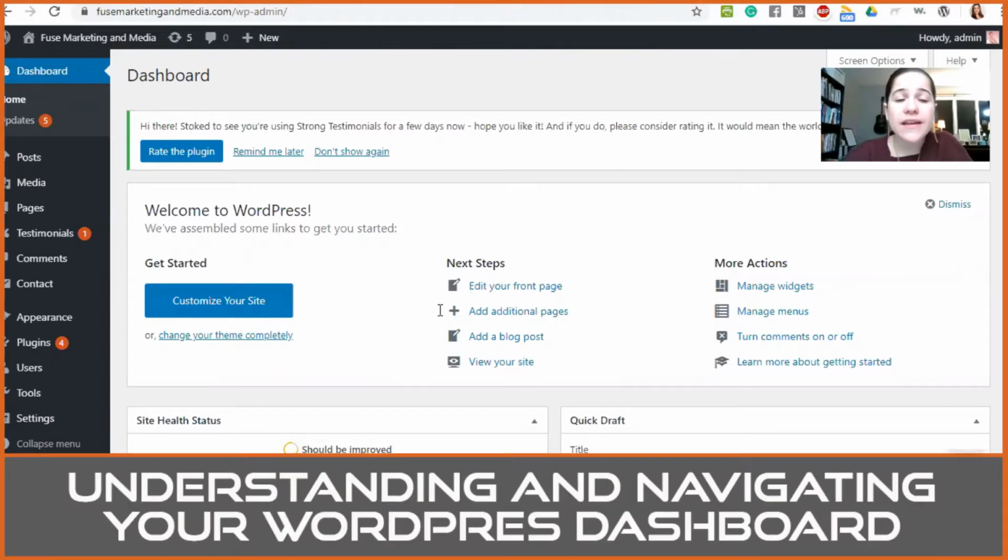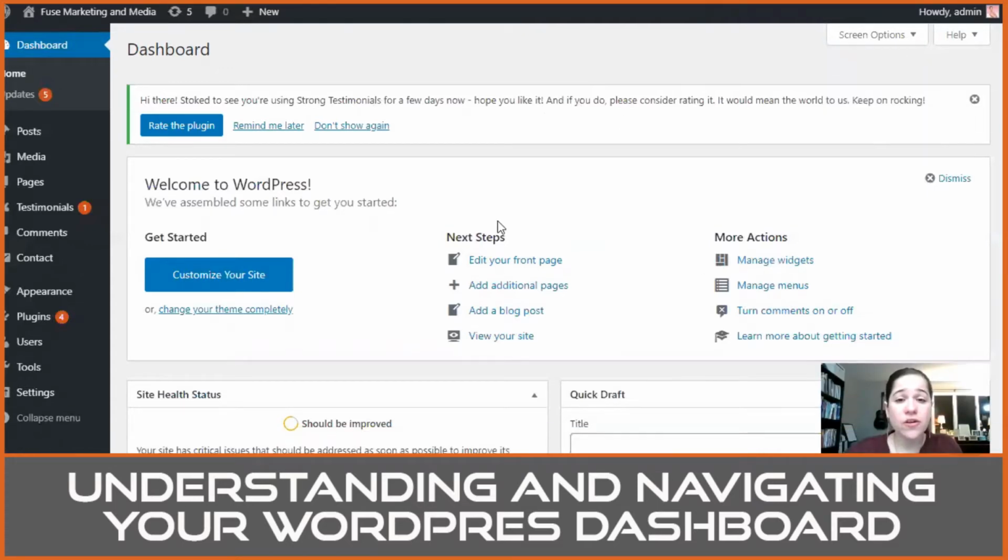Your dashboard is kind of, think of it as your back office. This is where you can navigate to the different things you want to do. We'll walk through a little bit of this, but we're not going to go too deep into this. But as you can see, there's sometimes announcements up at the top of your dashboard there. And then there are some easy getting started things. These should be left on there for you. If you have a newer website, these are probably still there to where you can click on some of these